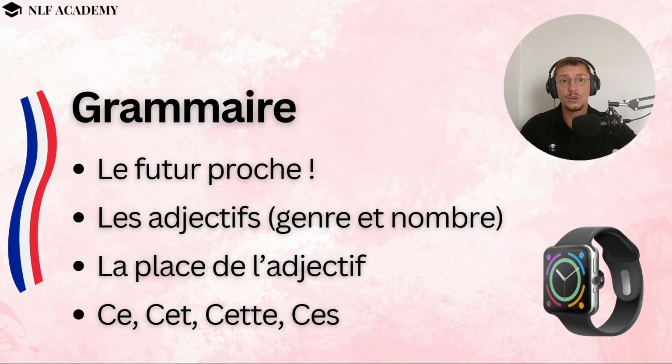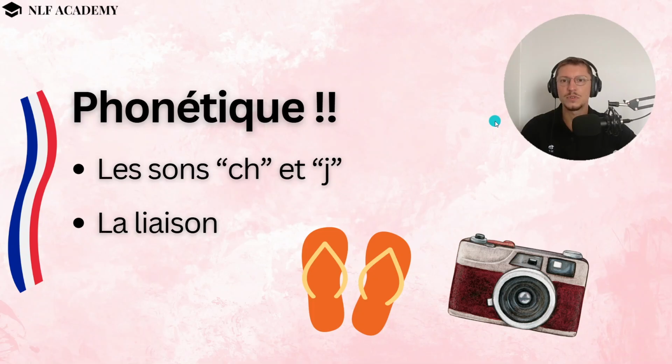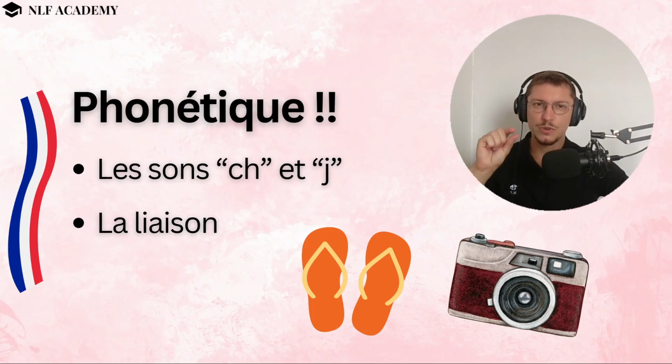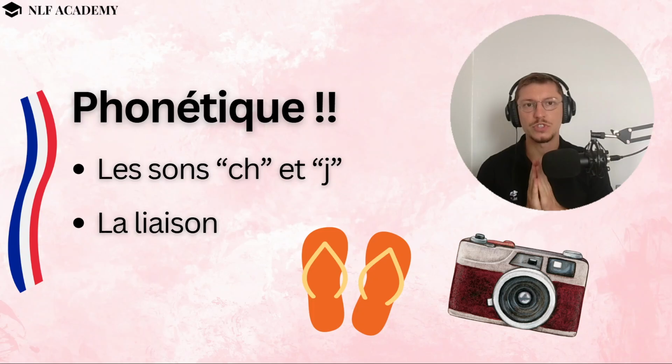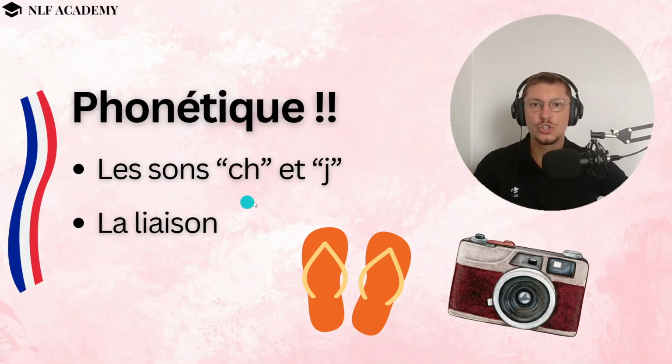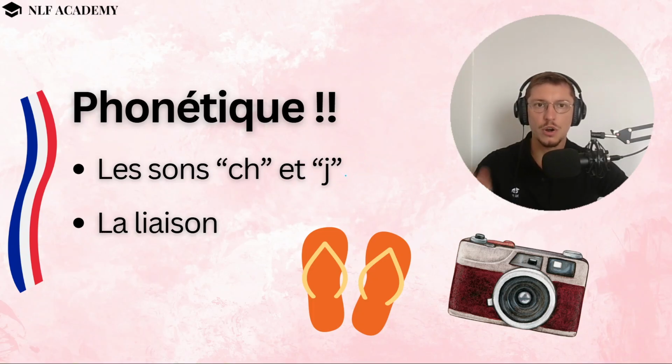And also, we are going in chapter number 1 to see properly how to talk in the future tense. Congratulations, this is a very important topic. In terms of phonetic pronunciation, we are going to talk particularly about the difference between the sound sh, and the sound j, okay, which are basically the same sound with one small difference, okay? And we're going to talk a bit about liaison as well, okay?